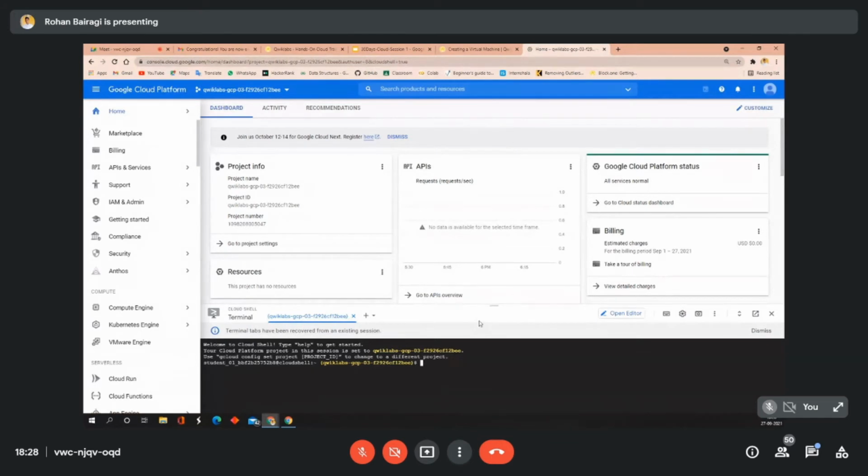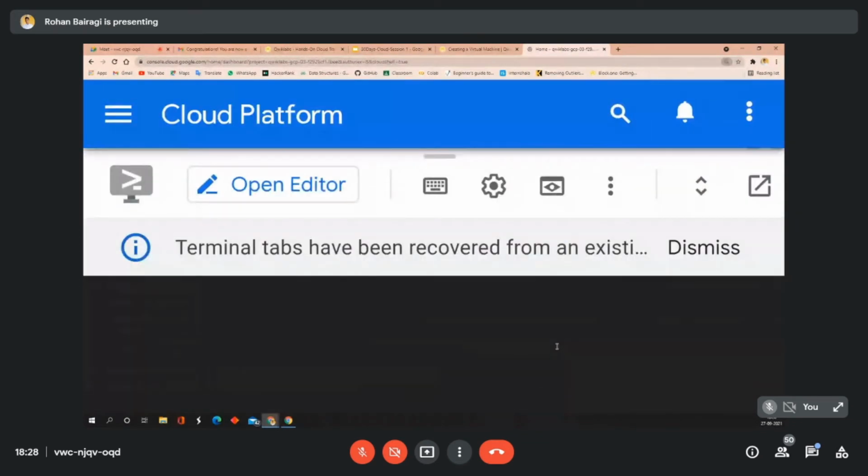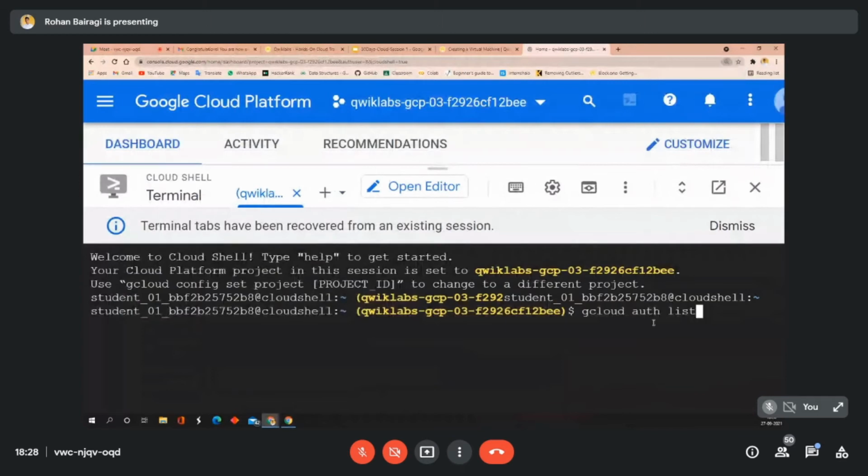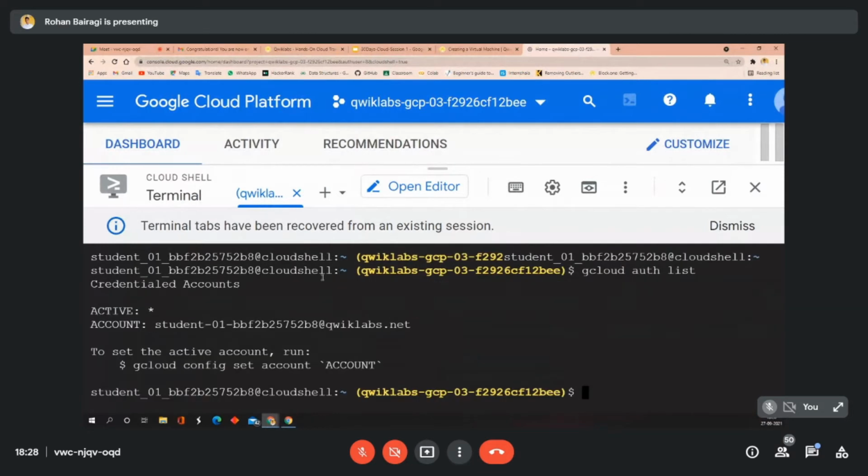And then enter gcloud auth list. Gcloud auth list and press enter. You will get the command which is after the $ sign here. Just copy it.